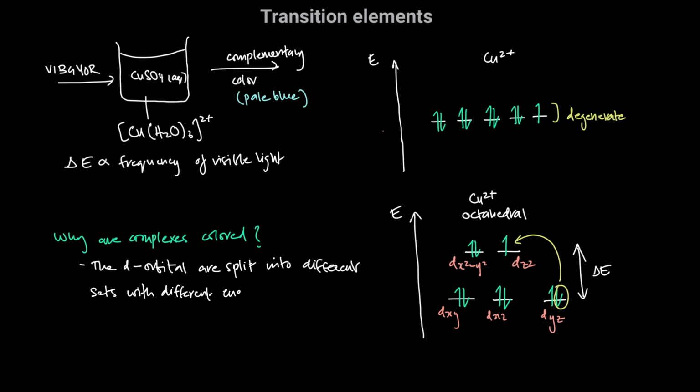The difference in energy, delta E, between the two sets of d orbitals corresponds to a certain frequency of visible light that is absorbed,